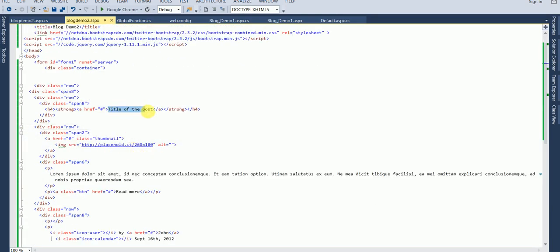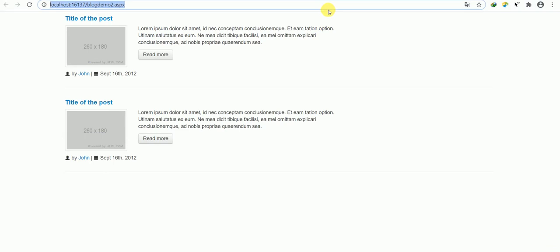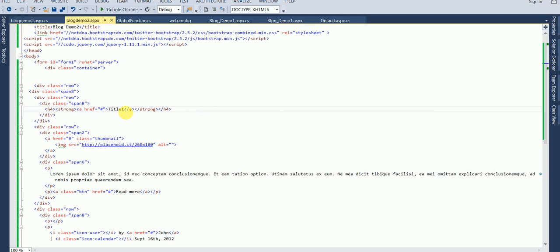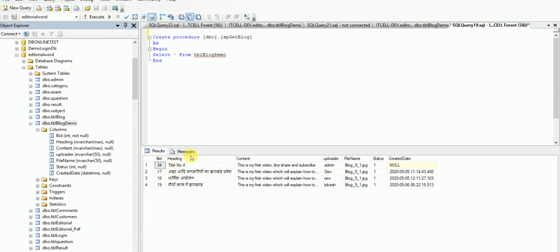If I change this to title 1, then it will appear in my browser if I refresh. So this is a static one. Now I would like to replace these titles with the content available in my table heading.